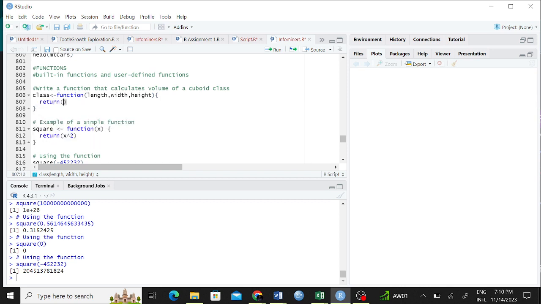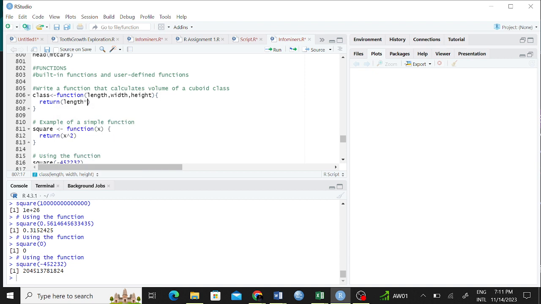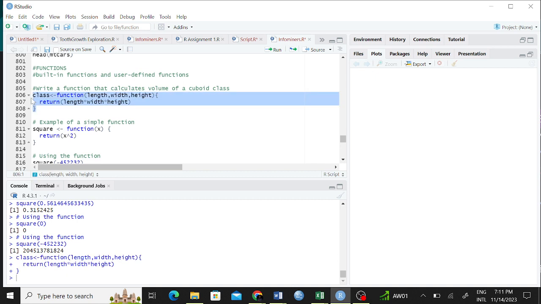It is supposed to return length times width times height, right? So this is what is supposed to be returned. So if you forget and write here length without the G, of course you'll be calling for trouble.